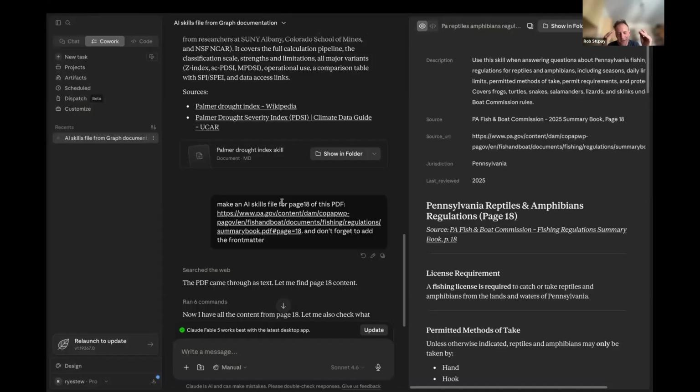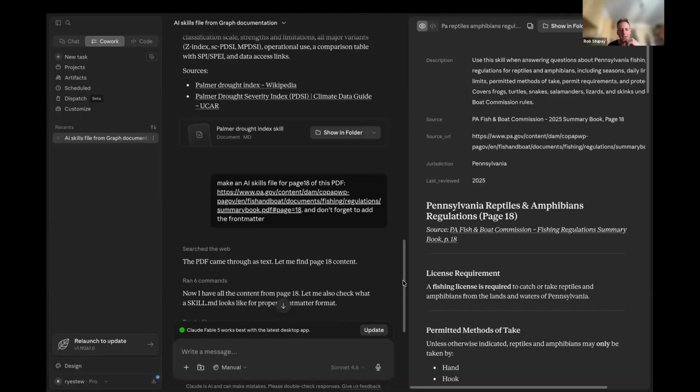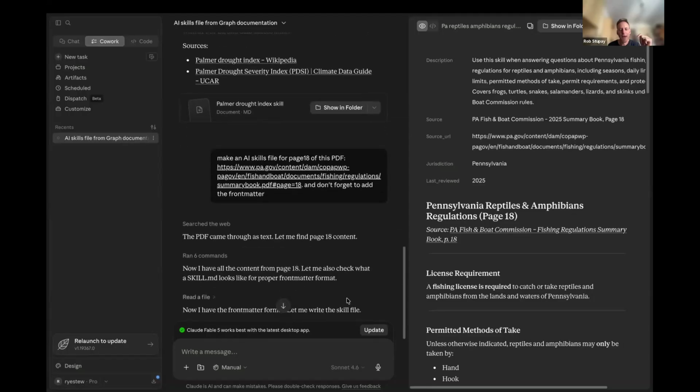When I ran this in Remix, it wanted me to paste the information into the AI, and it made a skill. But when I pasted this into Claude, it found page 18. It read it right from this URL, and then it found additional information, and then it built it.